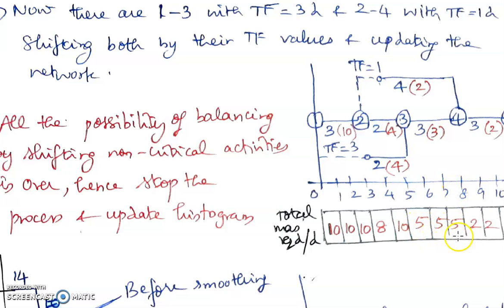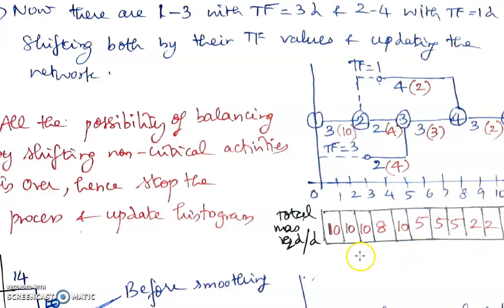So you have 5, 5, 5, okay, up to the 8th day. Then on the 8th day, these two activities will get completed. And on the last 3 days, that is 9, 10, and 11, we have only activity 4, 5 with a demand of 2 men for 3 days. Okay, so that is what is shown here. So this is the maximum balancing that we can do as far as this problem is concerned.